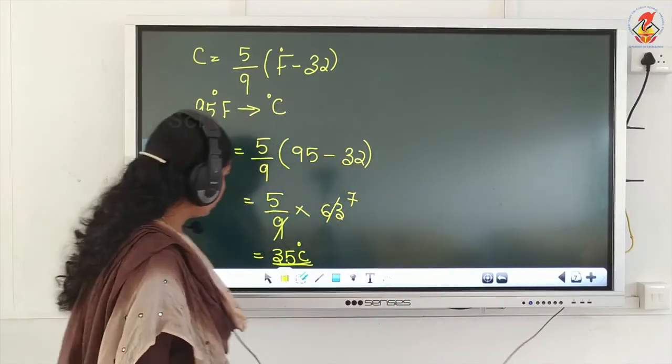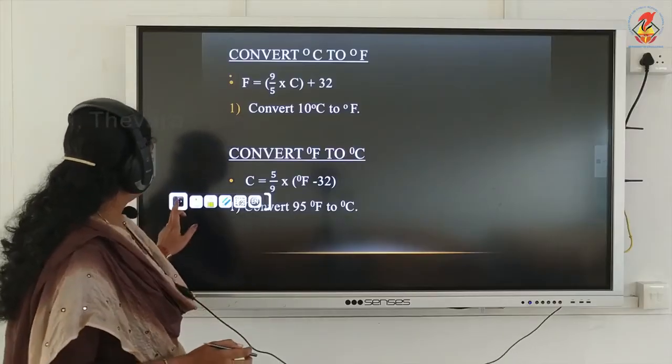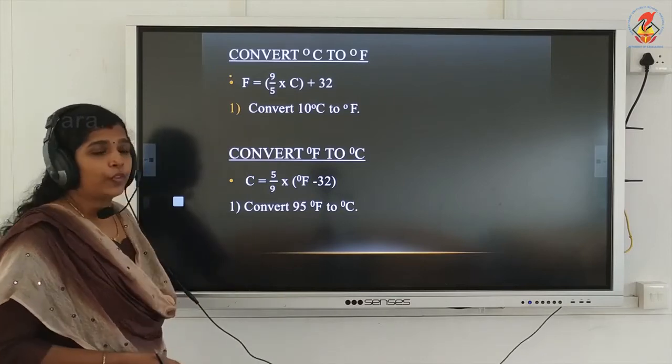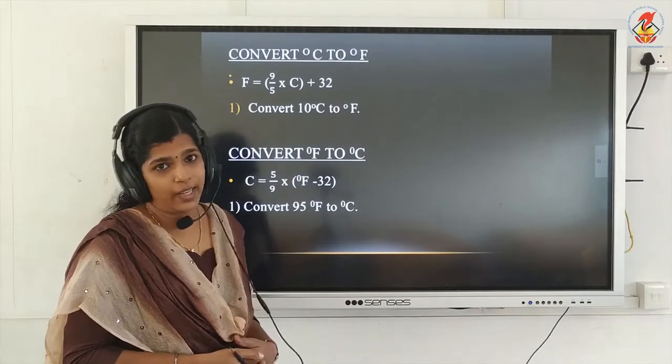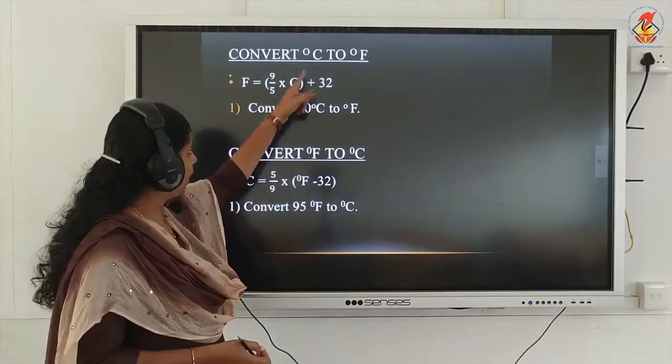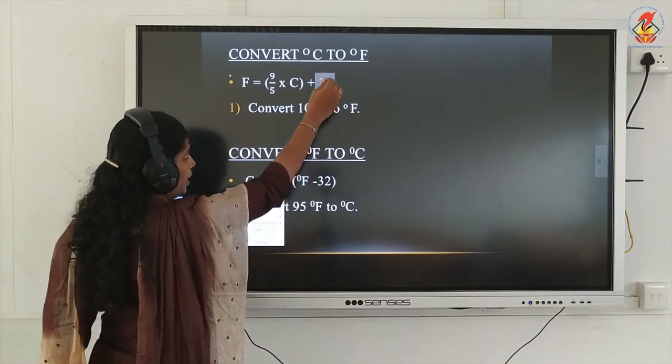Okay. So, now we talked about how to convert degree Celsius to Fahrenheit and Fahrenheit to degree Celsius. This is the equation and you have to substitute in this equation and find the answer. These brackets are very important, meaning you have to do the calculation within the bracket first. After that you can do the multiplication or addition. Here it is multiplication, and here it is multiplication, and here it is addition.